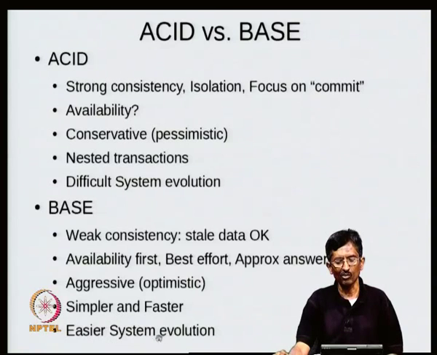So it's got an easier system evolution because it doesn't have very strong notions of invariant properties. And that is quite true for most large systems. If I'm talking about a large system, nobody comes and says that this is the invariant that has to be followed. Take a look at some major problems that we face in the world right now, like some parties which want to blow up some places. There's no rule that says all buildings have to be preserved or some such thing. So there is no such invariant that has to be satisfied.